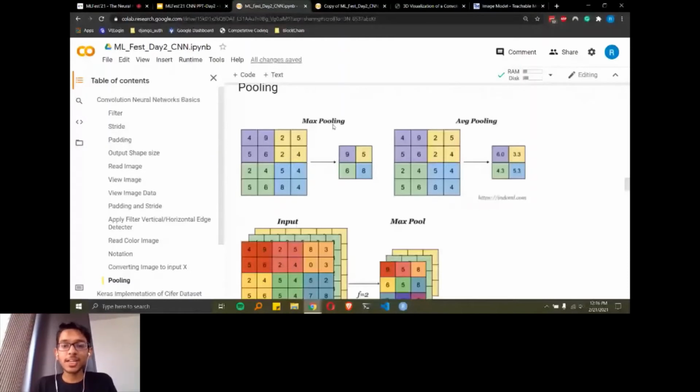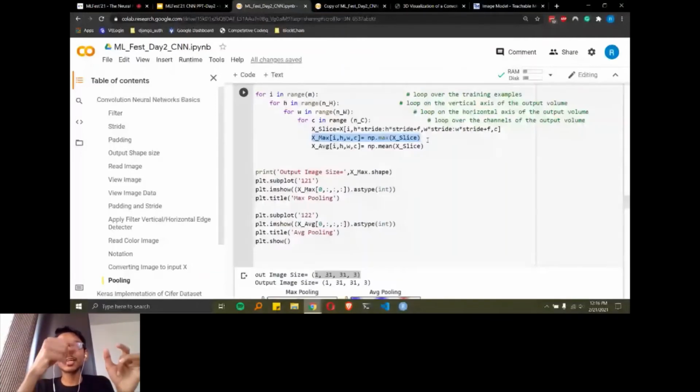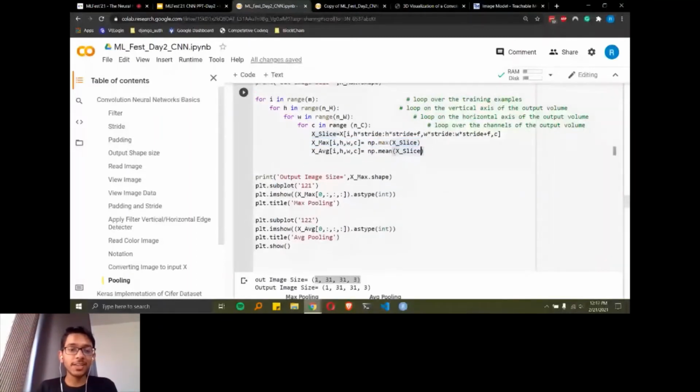So that we are finding, and assigning the maximum and minimum value to a particular x max and x average matrices that we have created. And here we are just plotting over them. So here, what an average pooling output of a particular image or a max pooling output of a particular image